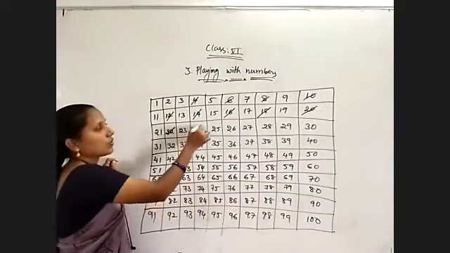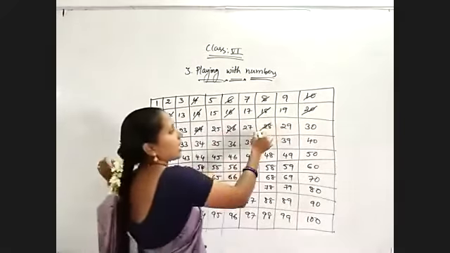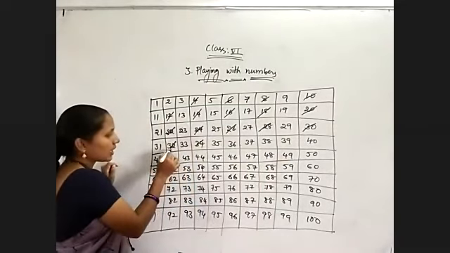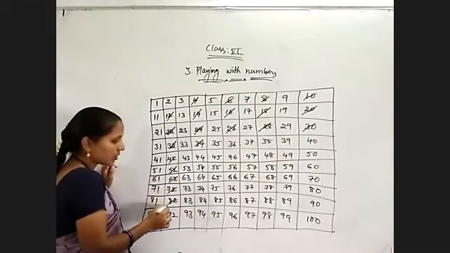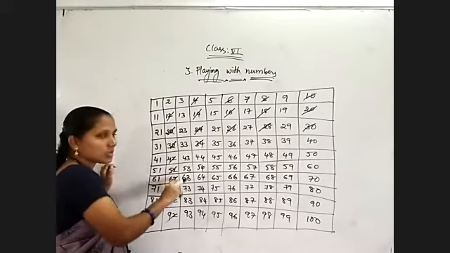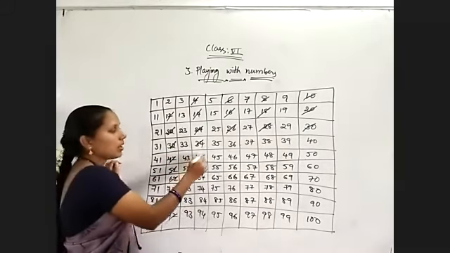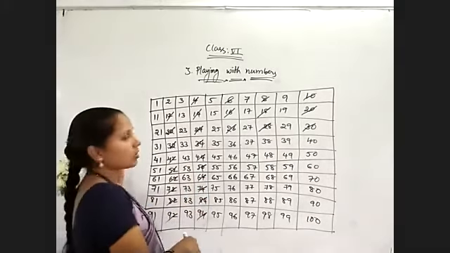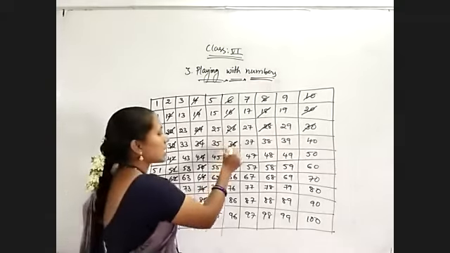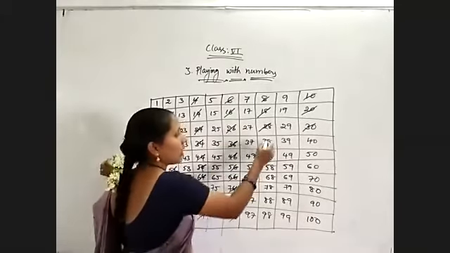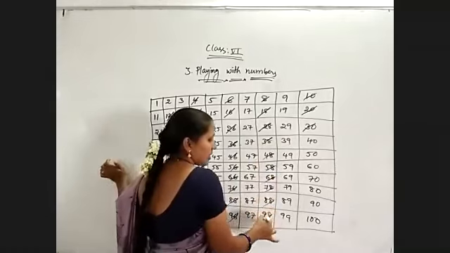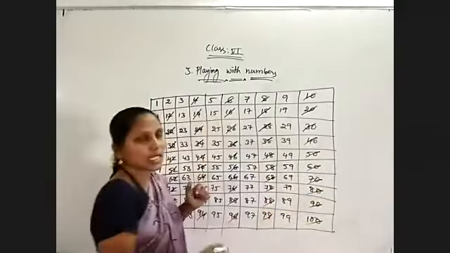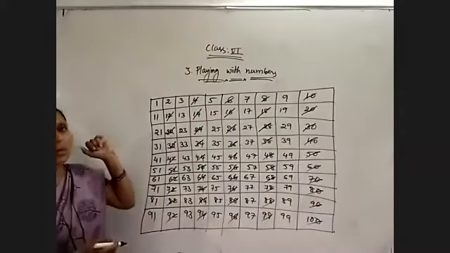Okay, 22, 24, 26, 28, 30. 32, 34, so 32, 42, 52, 62, 72, 82, 92. All those are having 2 in the units place, so they are divisible by 2. And these 4s also, all these are having 4 in their units place, so those are also divisible by 2. And 6, 8, 0. All these numbers, because they are having 0, 2, 4, 6, 8 in their units place, all those are divisible by 2.